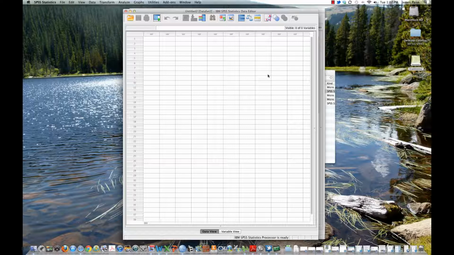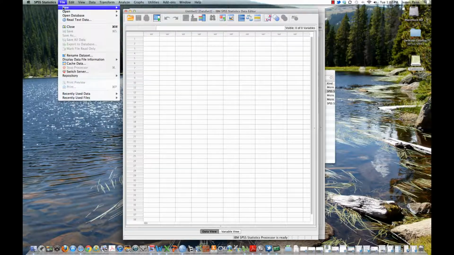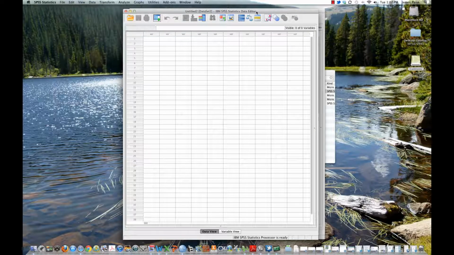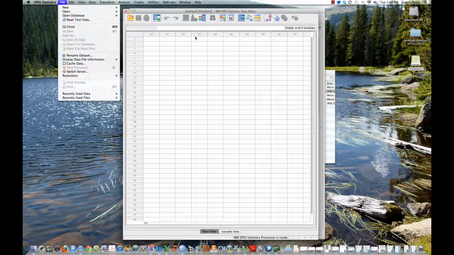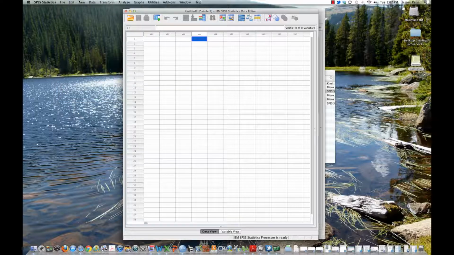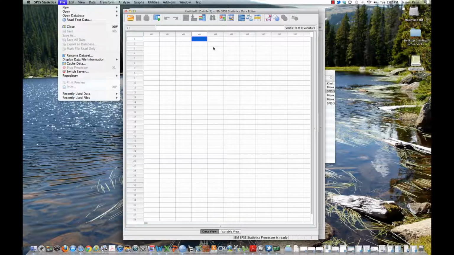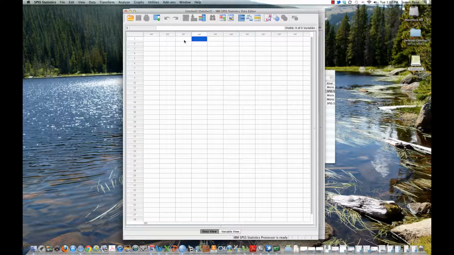For assignment number 2, you have to set up a database, and so I think the first part I'll go over is setting up the database in SPSS. It's pretty easy, actually. You just open up your file, open data, and you get a database file. You just need to name it so you can save it as, and you go ahead and type some data in it, and then you can save it as something. Once you get some data in, save it on your desktop, save it somewhere in the appropriate file.